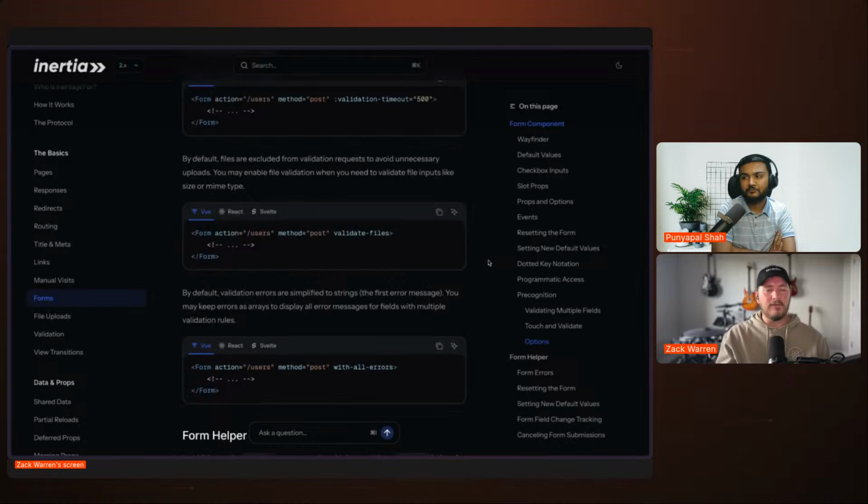I wondered about how file validation would work. Because you would want to know, which I guess you can set that type of stuff on the client, like file type and stuff like that. But